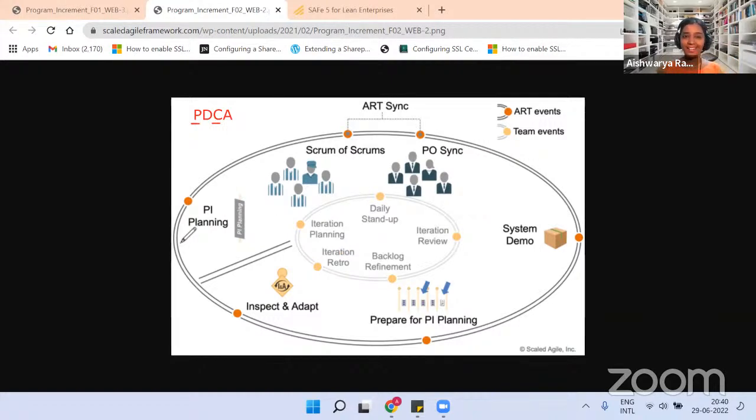So there are ART level events, right? Let's find out the events relevant to this PDCA. Which is relevant to plan at the ART level? You can see all the ART level events in the outer circle. You have the answer in this picture. Let's see who's going to answer. Right, PI planning, right? So similar to iteration planning at the team level, we have something called PI planning